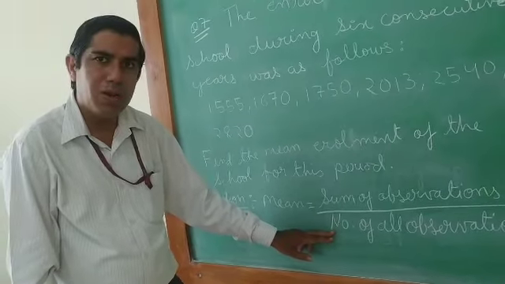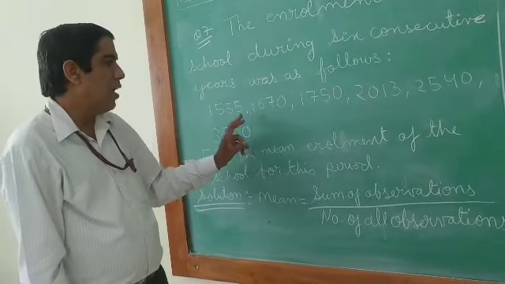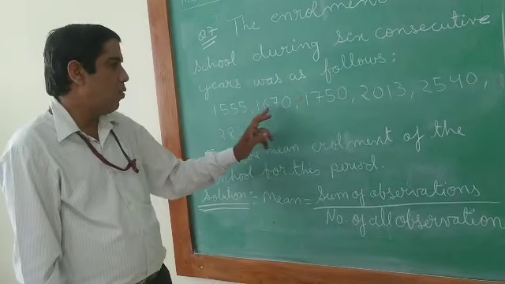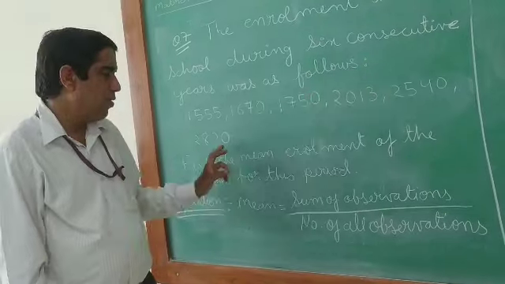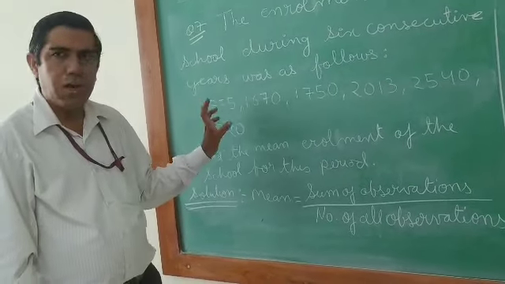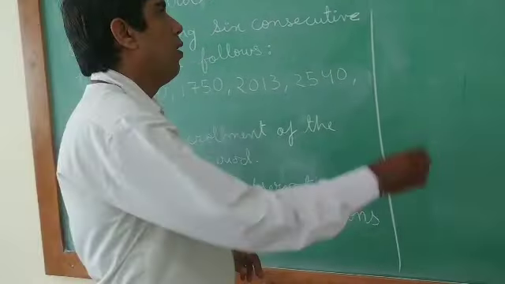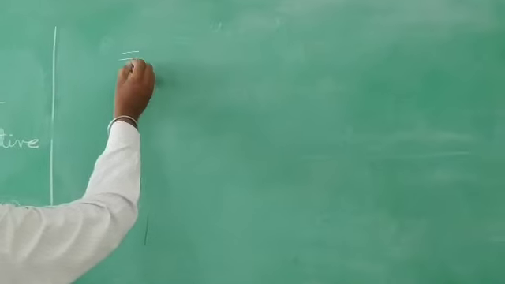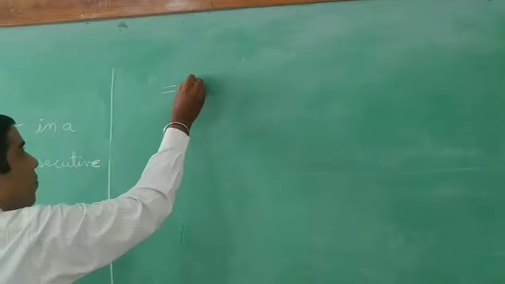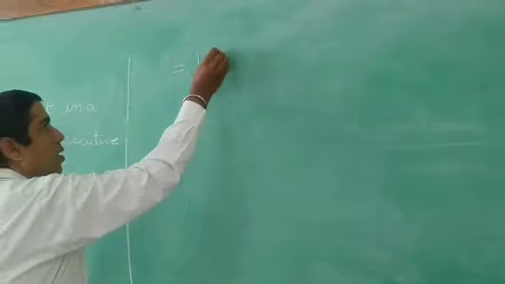How many numbers are there here? It is 6. So 1, 2, 3, 4, 5, 6. And for the sum I will do totaling of this. So let us write here the next step of this one. So I write the number. I take one number now here because the number is big here.